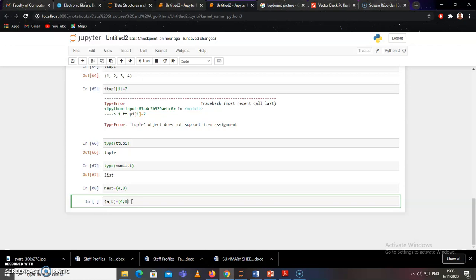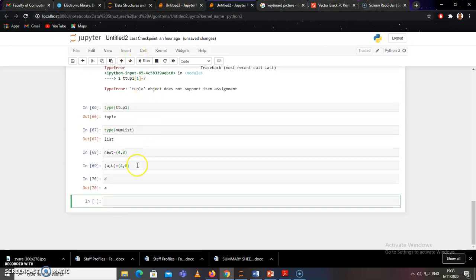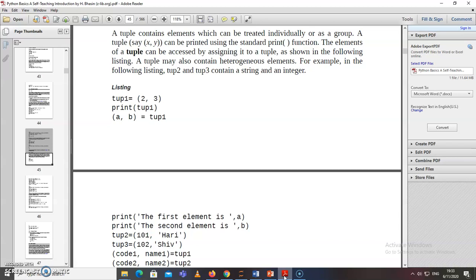4, 8. Right? And then we want to print the value of A. The value of A becomes 4. The value of B, 8, right? So you can either use that method,